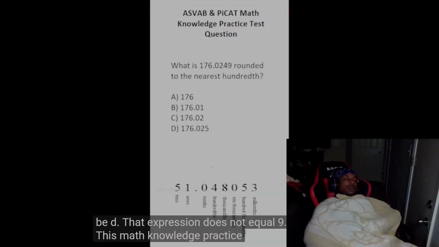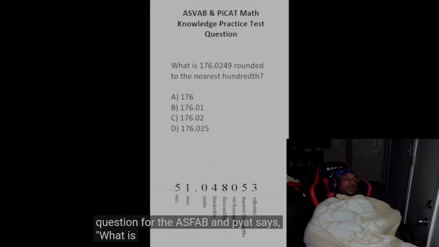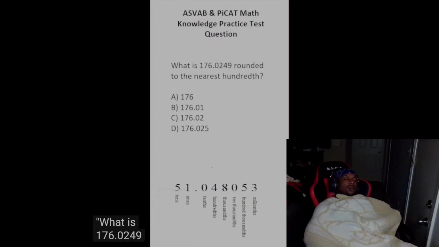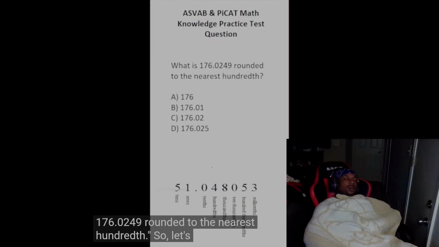This math knowledge practice test question for the ASVAB and PiCAT says, what is 176.0249 rounded to the nearest hundredth? So let's start by copying this